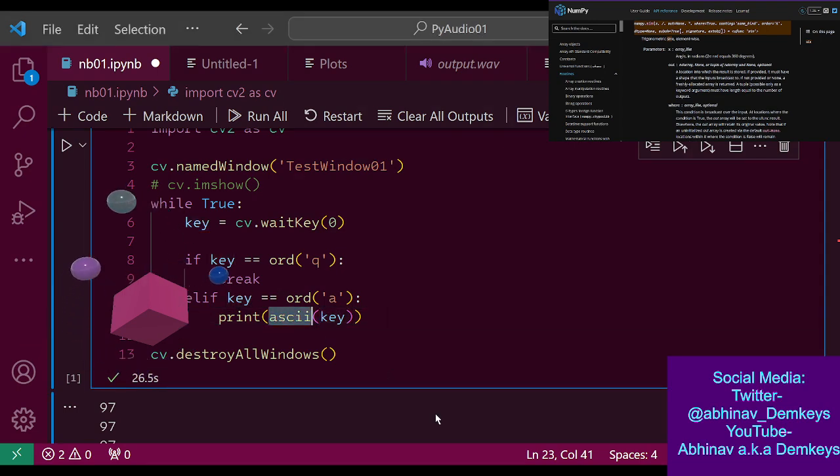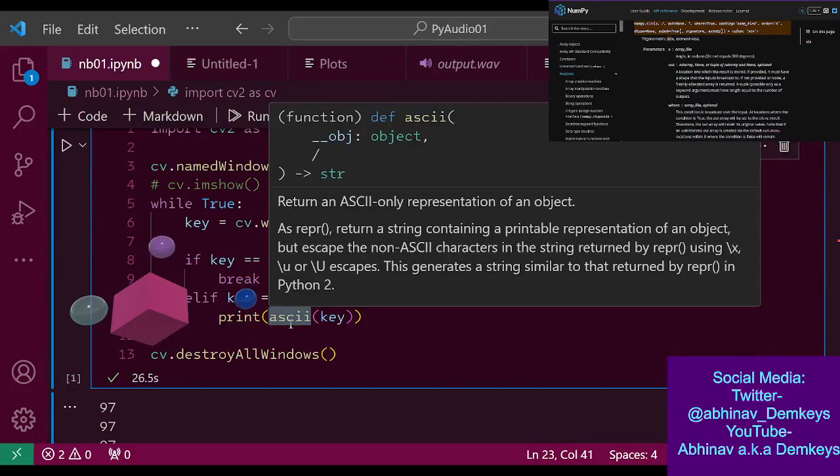Oh, hold up, there's an issue here. What is this supposed to print out? Returns an ASCII-only representation of an object. Oh, it's printing out the ASCII code. For whatever reason, I assumed it would print out the character.